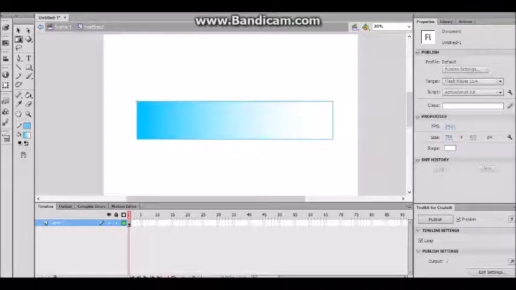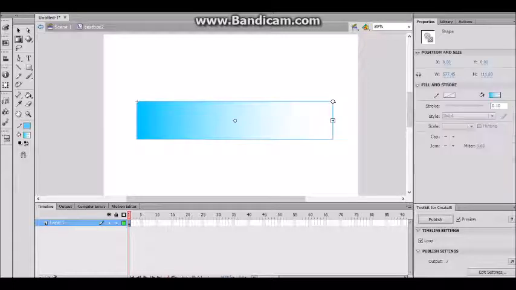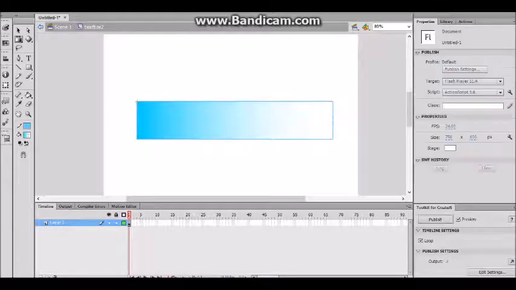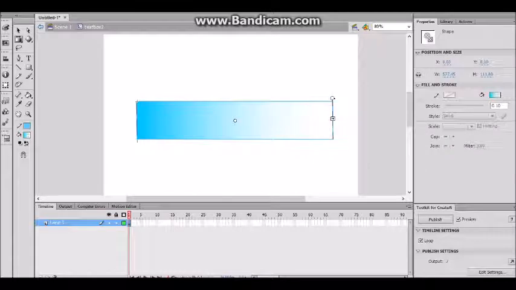And I'm going to select the little fill in the middle. And you can see this little thing pops up. This little circle here, you can move to rotate your gradient. And this thing you can stretch to make it smaller. Oops. You can stretch to squeeze it to make it thinner, or make it even wider, depending on what you want. So what I'm going to do is I'm going to squeeze it down to the middle,